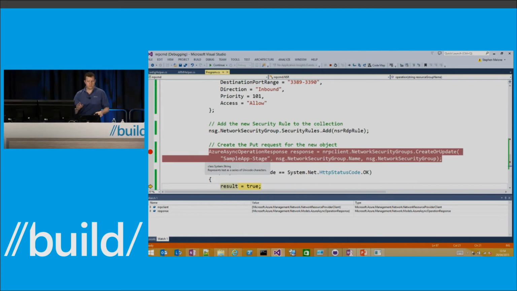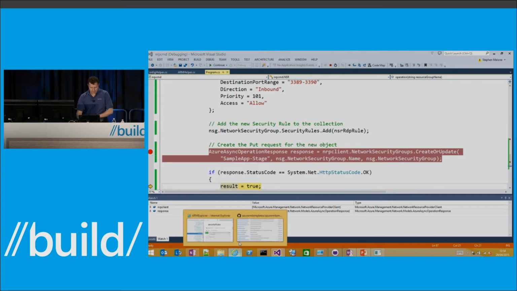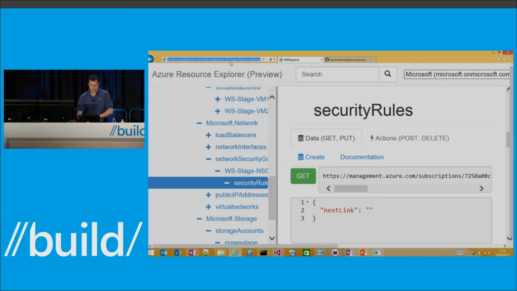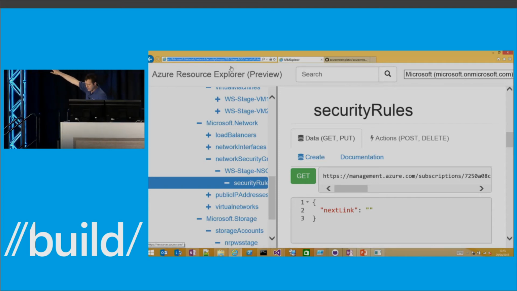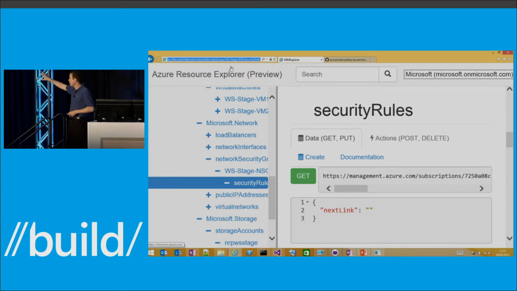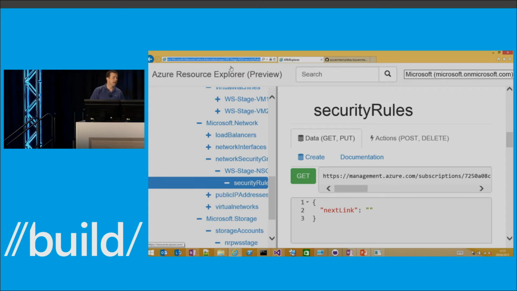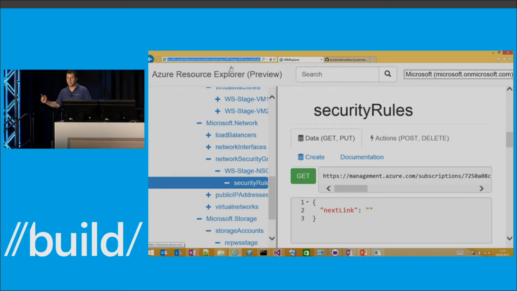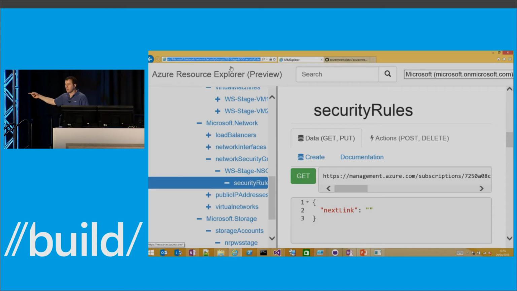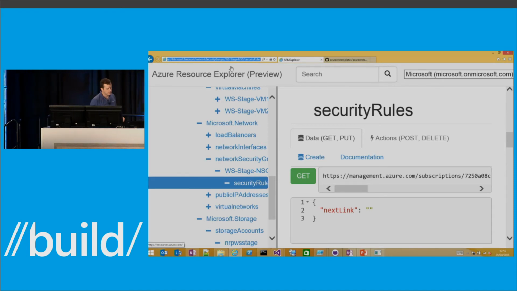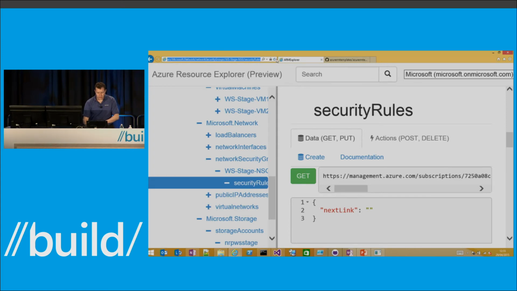Fine. What do we expect to happen here? One, we expect to see that if I switch back to the Azure Resource Explorer, sorry, I didn't introduce this. This is a preview tool that allows you to look at all your resources, look at the JSON for creating and for deleting and so on. It allows you to create stuff right here. You can create new ones through the actions. You can delete them. And you can experiment with your JSON. You can experiment with the resources. Or you can just use this as a very, very handy helper for creating your own templates. Creating an object, creating a resource, going in here, looking at the JSON, copying out your template, and then going from there. So if I go here and if I refresh this,